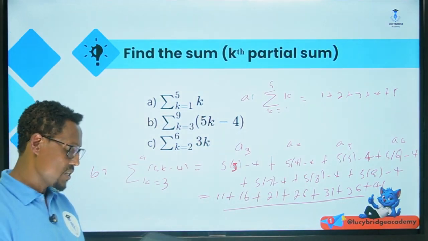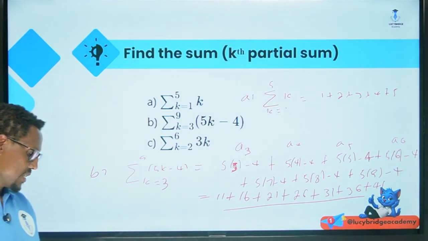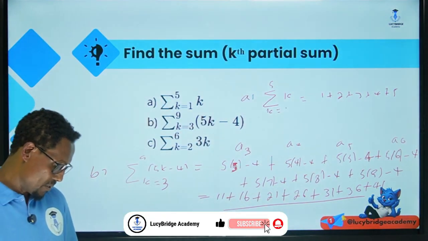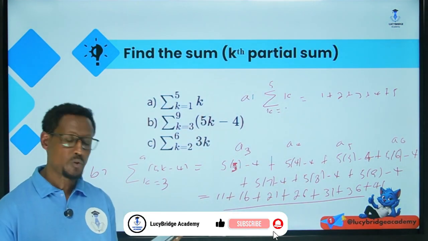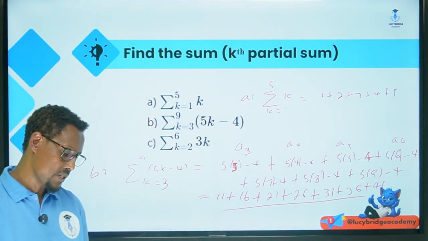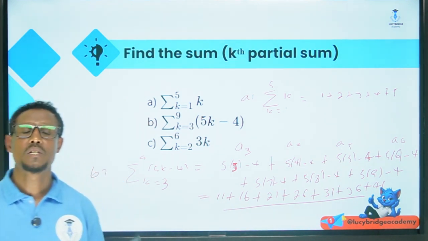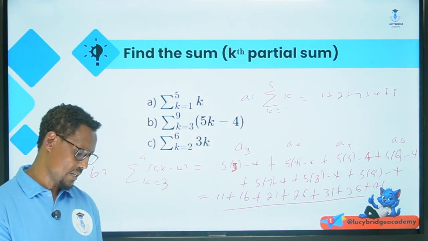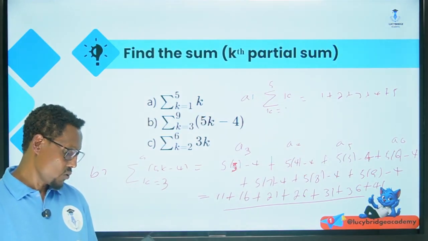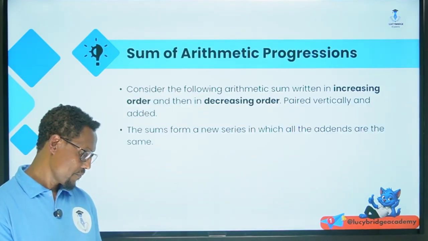Okay, this means the sum of 7 terms, but from the third term to how many? Third term, 4, 5, 6, 7, 8, 9. When we add the terms from the third term to the ninth term, we set it up this way. We can use also the formula. Okay, see,